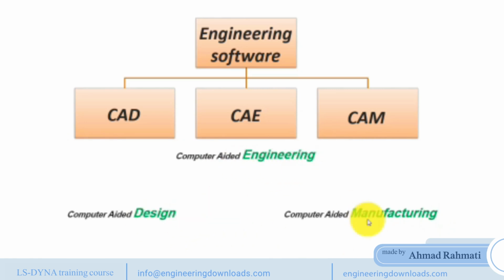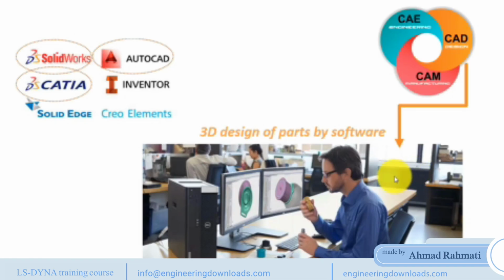Design, engineering, manufacturing. Let's go to the CAD software. These software are used for the two-dimensional design of industrial parts. You can see the frequent and most used software such as SolidWorks, AutoCAD, CATIA, Inventor,